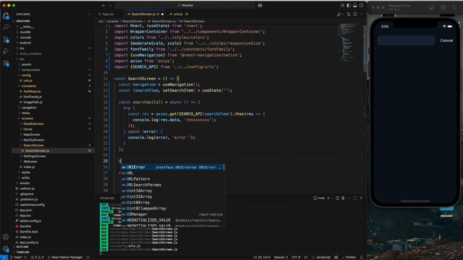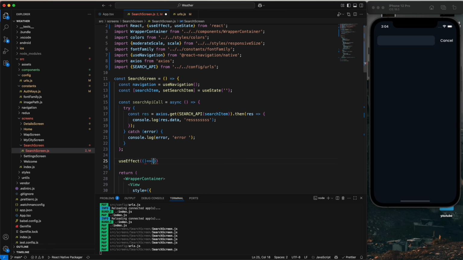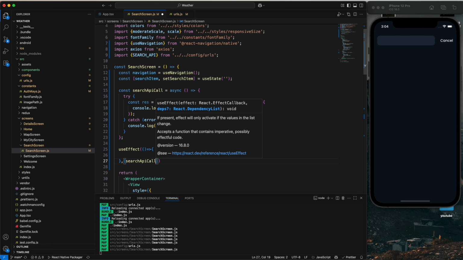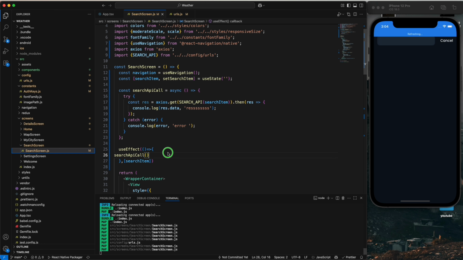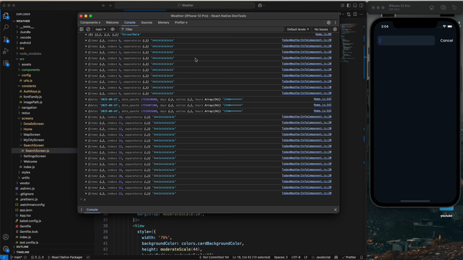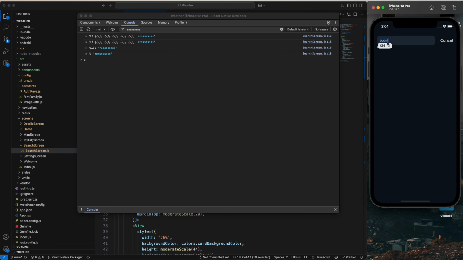and just copy the API call. We need to import the useEffect, and just call it like this, and also when you update the state we need to call the API. Just copy and add it like this and format, and let me print this also. Let me copy the response, and let me clear this and print the response. Just type London,